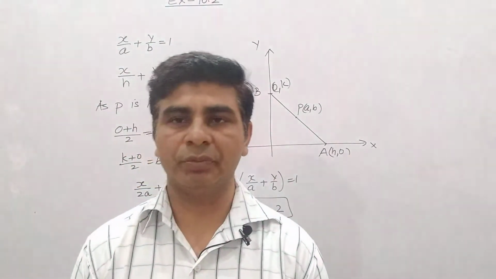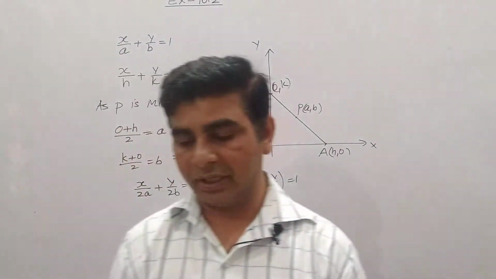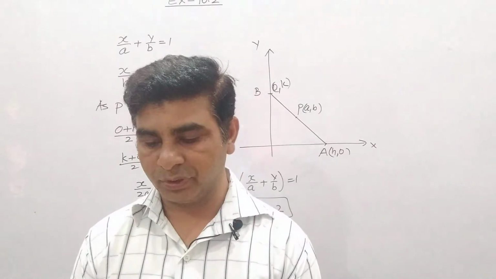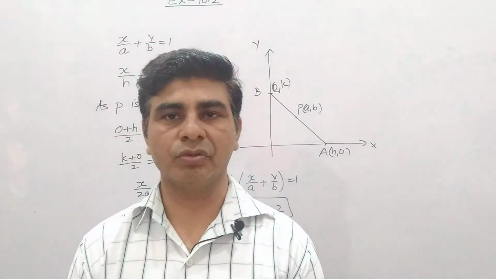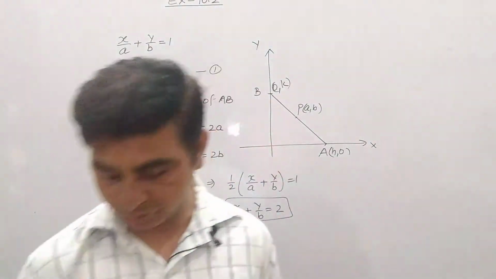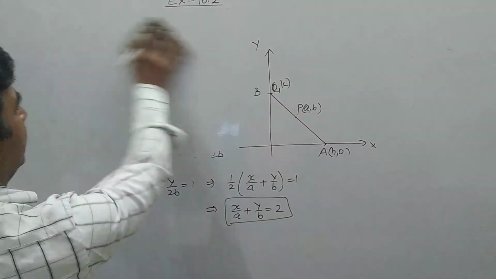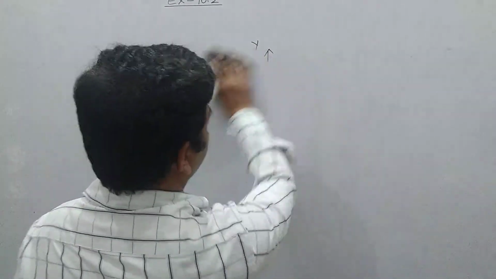Now let's do question number 19, and dear students, this is your complete homework. Question number 19 is given as: point R with coordinates h, k divides a line segment between the axes in the ratio 1:2. So okay, let me do this question for all of you. The question is almost similar, but let me do this question for all of you.